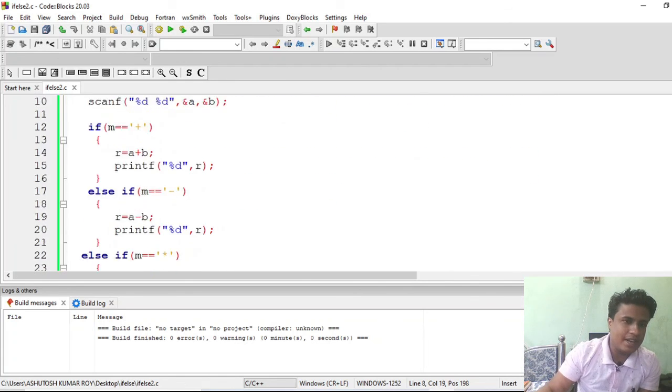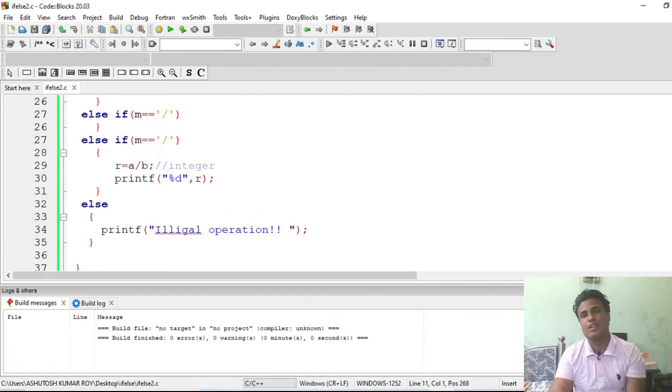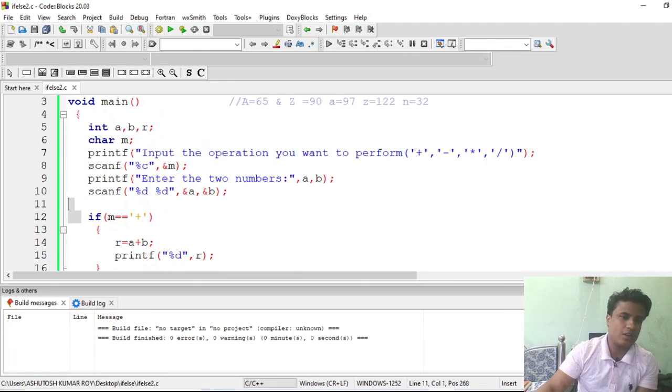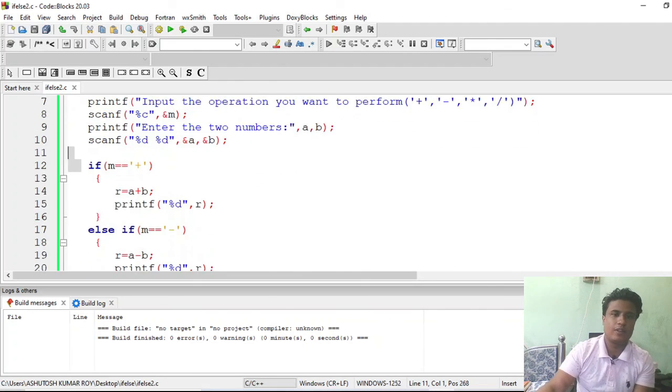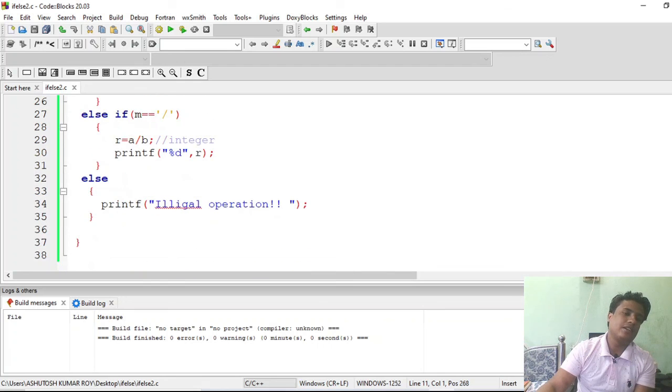If you design this code using switch case, we wouldn't get those errors. Because of the if else statement, it is not working properly here. Some bugs are happening here. To cure this problem, this code is mostly done by switch case. Hope you are getting it, because it is sometimes returning illogical values. If we write this one later and this one first, then it is returning directly this one without checking the condition.